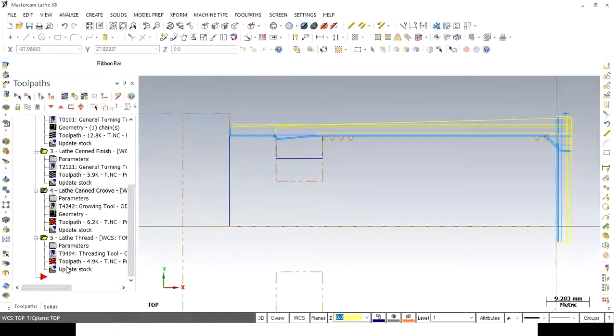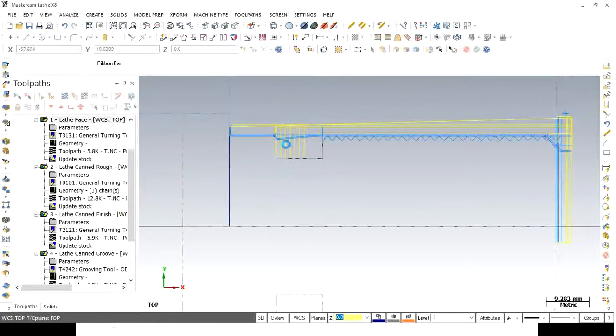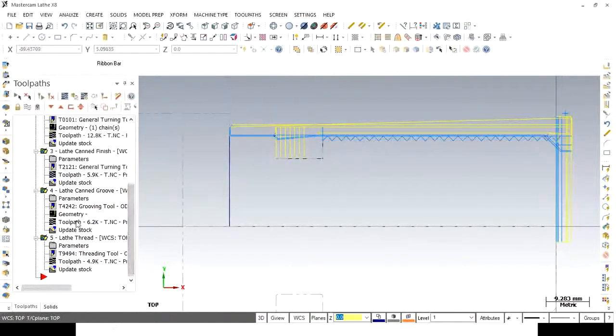So when any modification is done, it shows you a cross mark next to that operation. To regenerate it, you have to select all the operations, click on select all operations. These operations will be selected, and then click on this regenerate option. When I click on regenerate, all the operations will be generated one by one. Now you can see that the grooving operation is shown properly. So in this way, you can modify any data by double clicking on that parameter, and after that modification, cross marks will appear and you have to regenerate it.